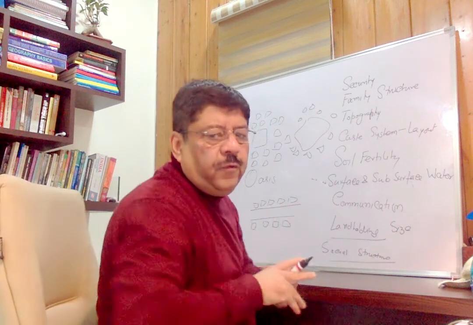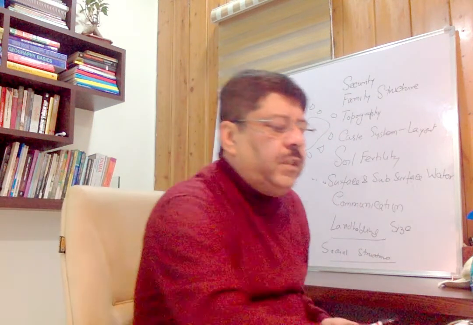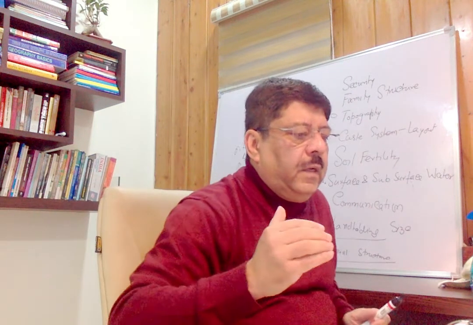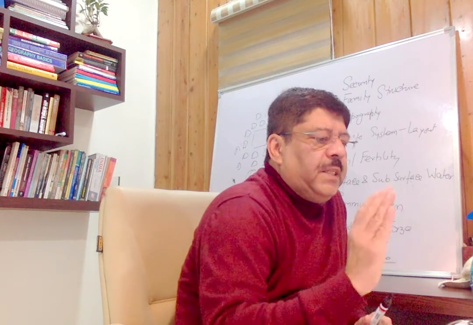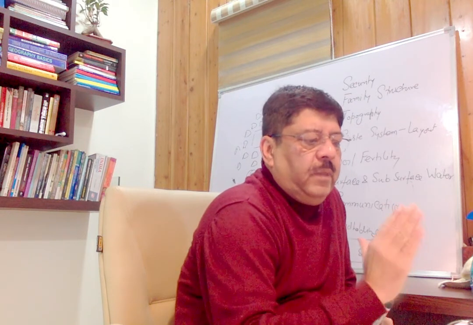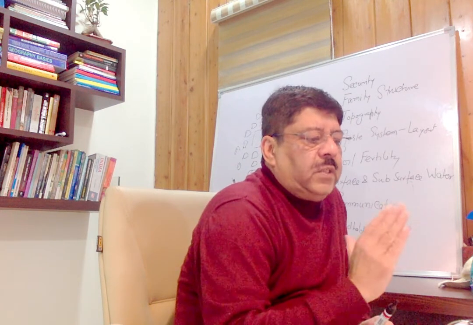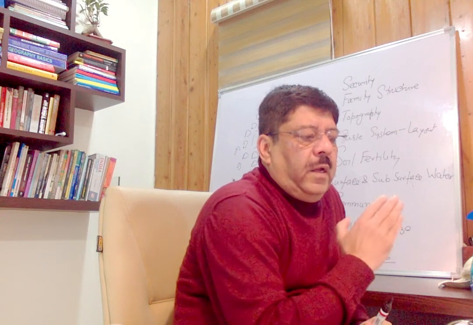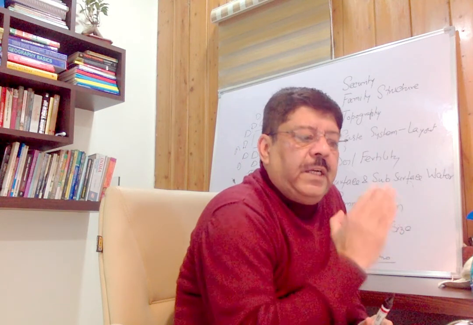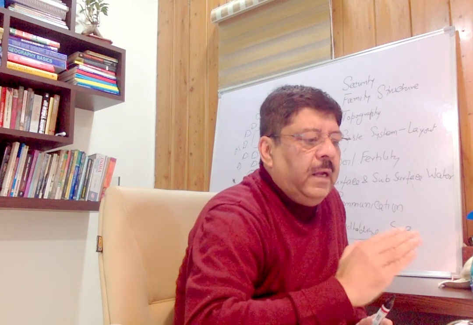These are the main factors which affect the type of settlement and the spacing of the settlement. What space between the dwellings there will be depends mainly on these factors. There are two things